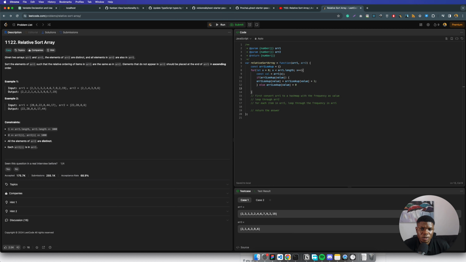I mean, this is another way to do this. I don't know if this is a cleaner way though, but I think this is an easier way to read because it's kind of self-explanatory. So after we have converted these values to a hash map,